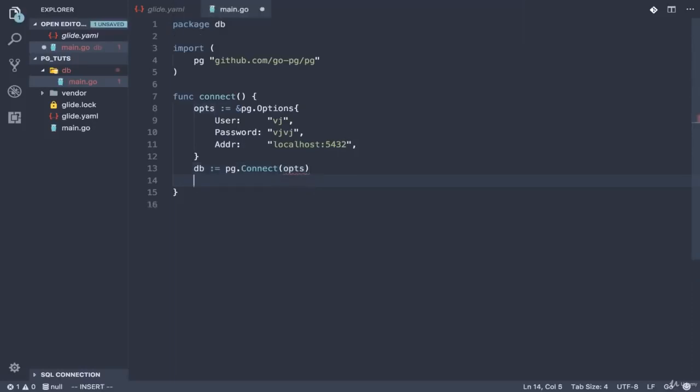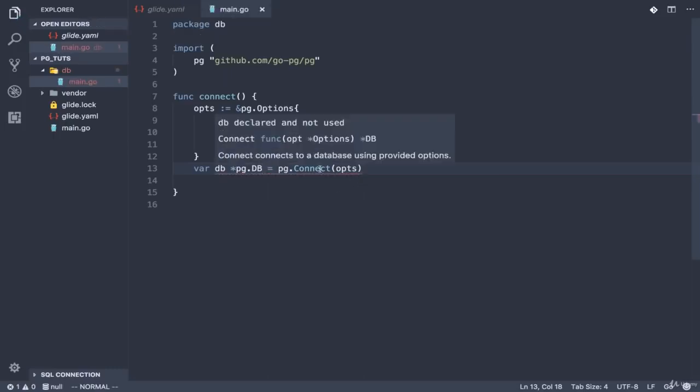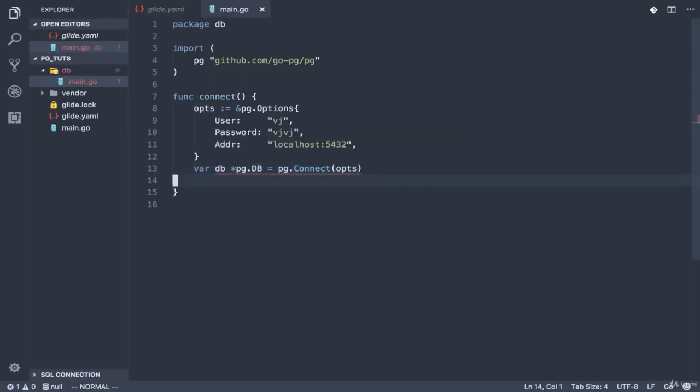So db is nothing, it's a pointer. If you want, you can write db of type pointer pg.DB is equal to this, so you can say this is the type we are talking about. db declared and not used, of course. In case it fails, it will return an empty pointer, which is a nil pointer. So if db is equal to nil,